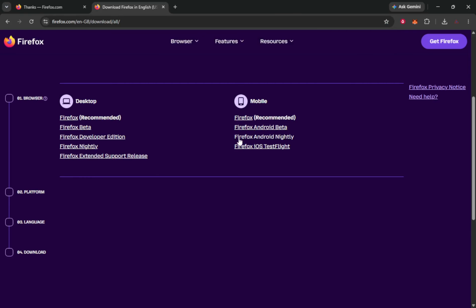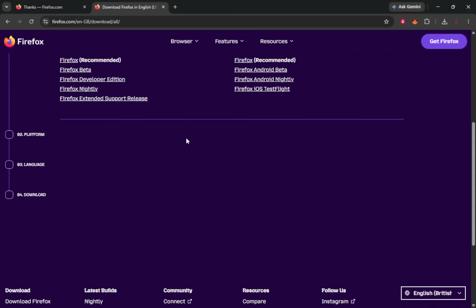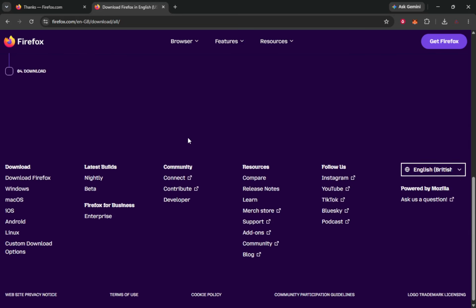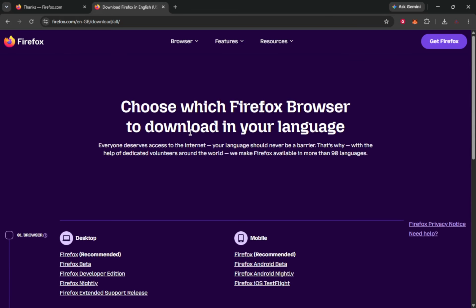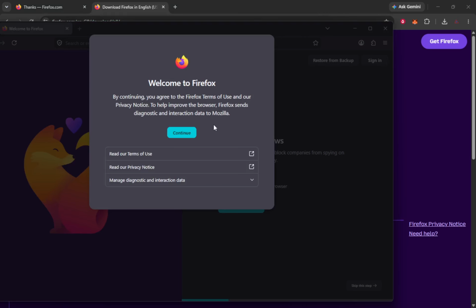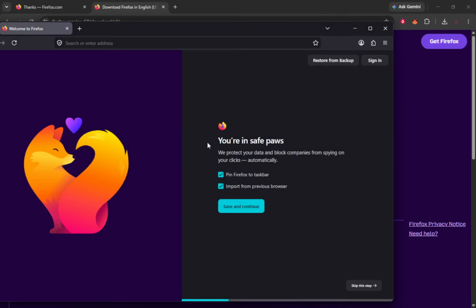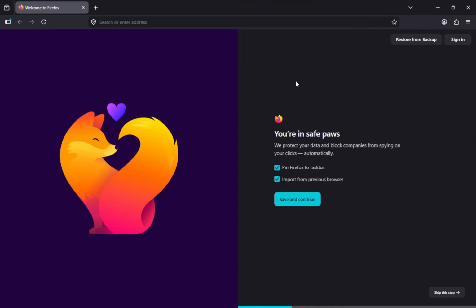Firefox downloads in different languages and versions. This means that you can choose from over 90 languages, making it accessible to users around the world. Selecting the right version ensures that Firefox runs smoothly and fits seamlessly into your tech environment. By following these steps, you will have successfully downloaded Firefox. You can now enjoy a fast, secure, and user-friendly web browsing experience.